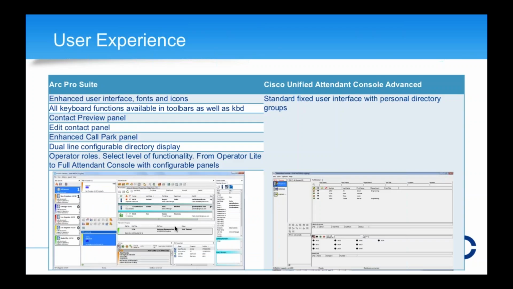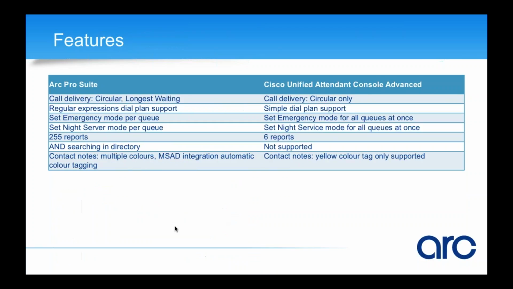And so a quick screenshot there as well of ARC on the left with the advanced product on the right. In terms of general features, there are some telephony features and some call distribution features that are different, as well as reporting and directory capabilities, which again we touched upon all the way through. So some of these are quite important, and when you're at RFP or tender response level, they will become increasingly